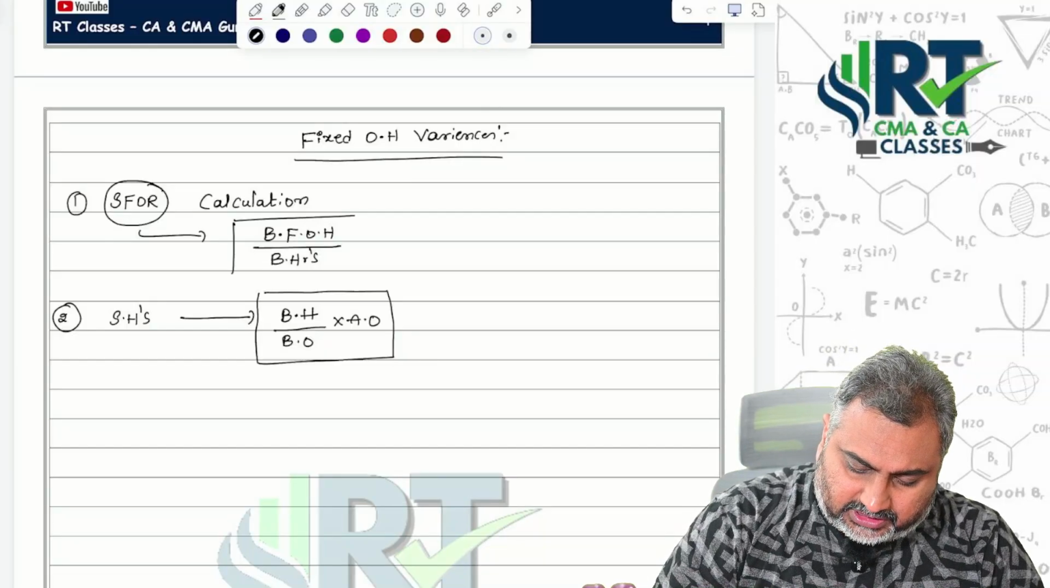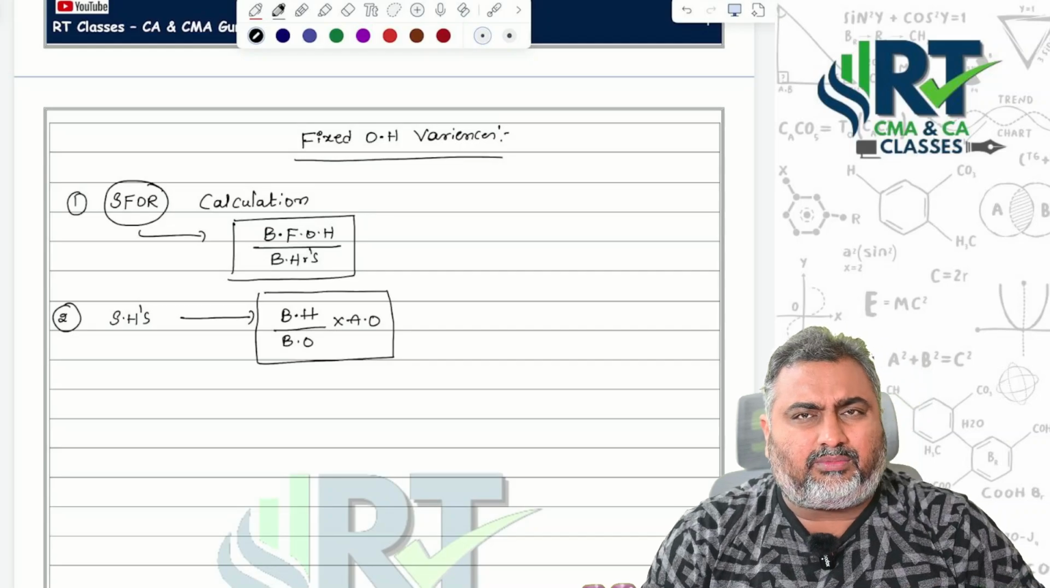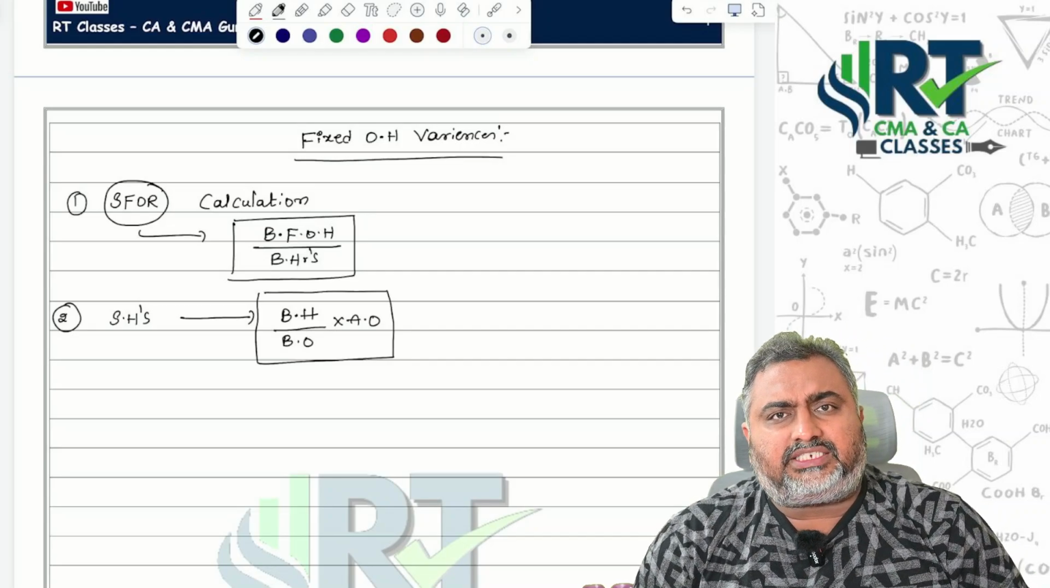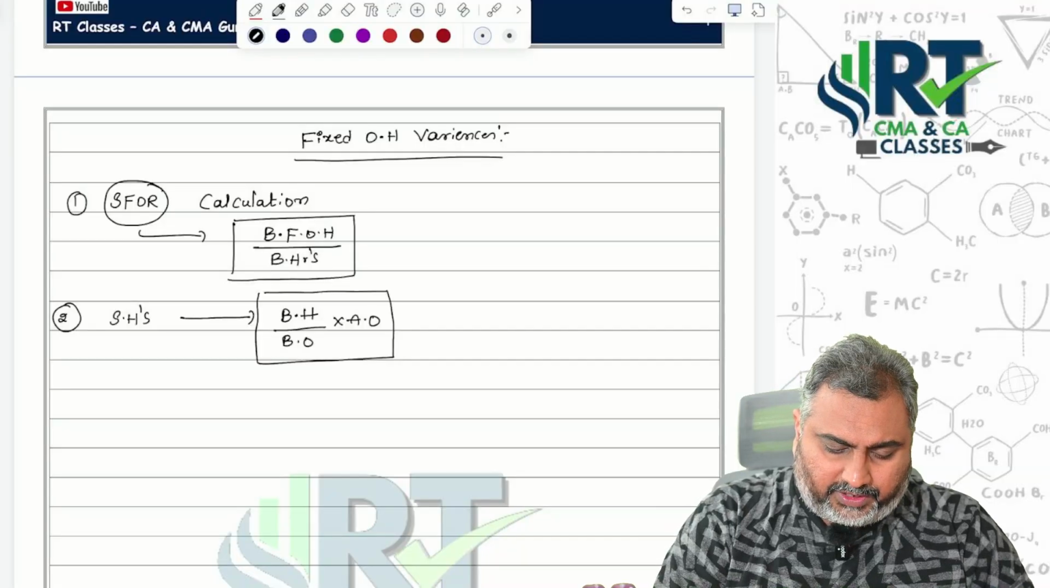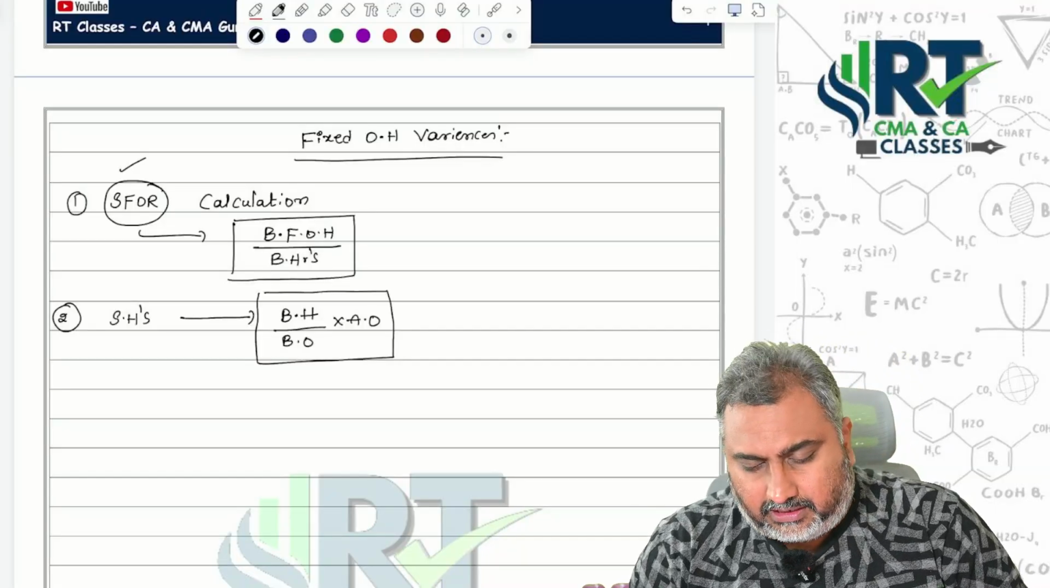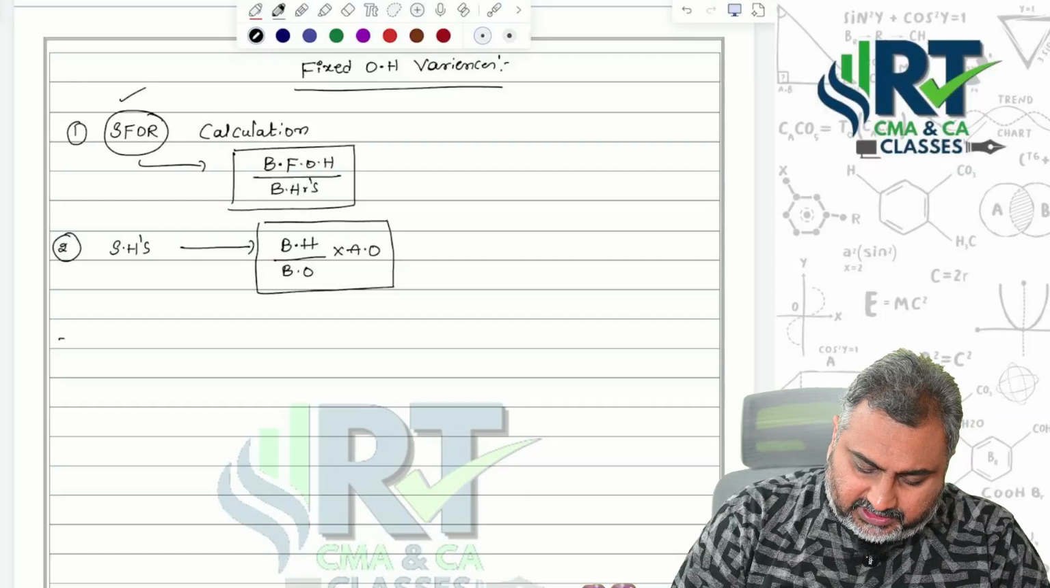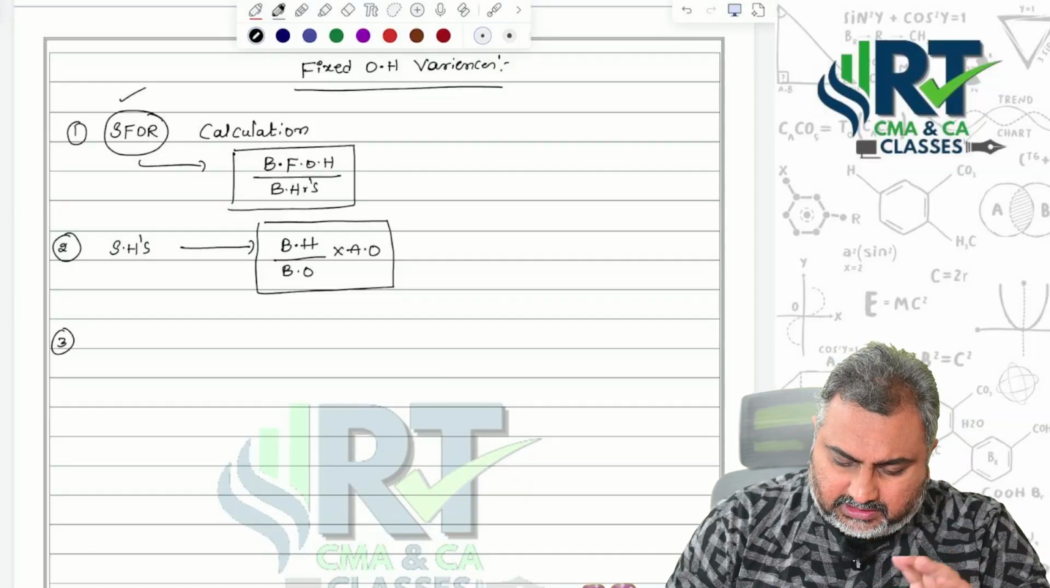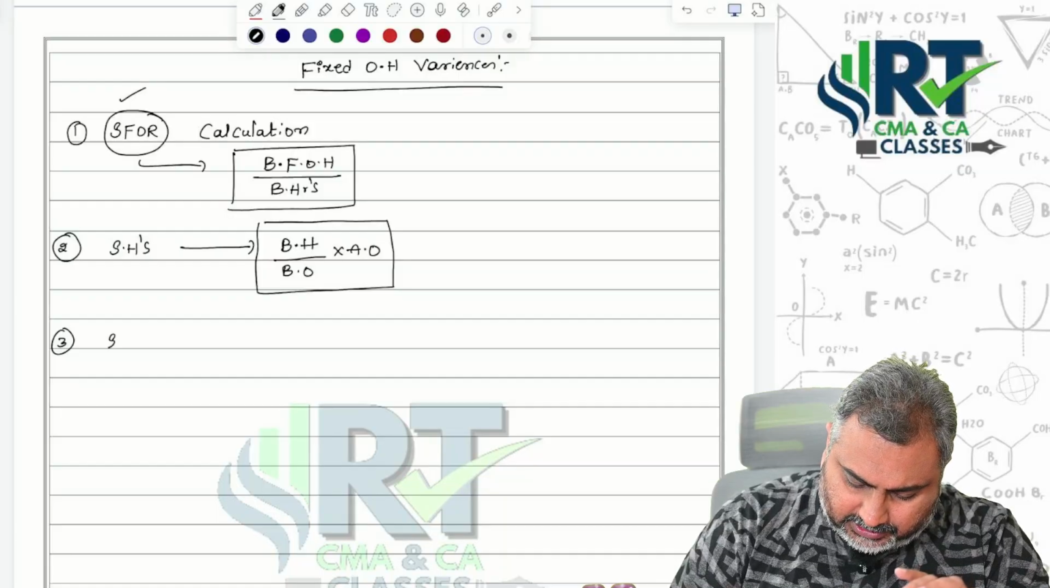When it comes to SFOR calculation, what is the formula? Budgeted fixed overheads divided by budgeted hours. Then what we are calculating? SFOR. Our third step is easy, just fill in the blanks. Sir, what is this fill in the blanks? See,